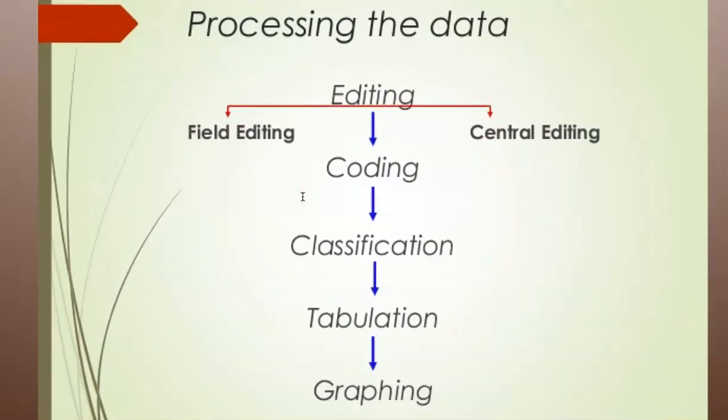Processing of the data is very crucial in research. So first is field editing, where we selectively select the data that we wish to collect, and then central editing, which is done when we have compiled the data and then we are refining it. Then comes coding and classification, tabulation and graphing, or representing through the different types of graphs, charts,